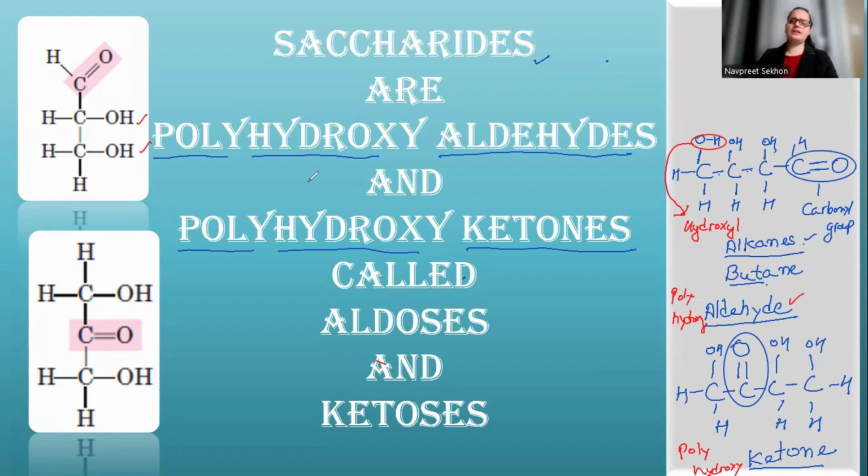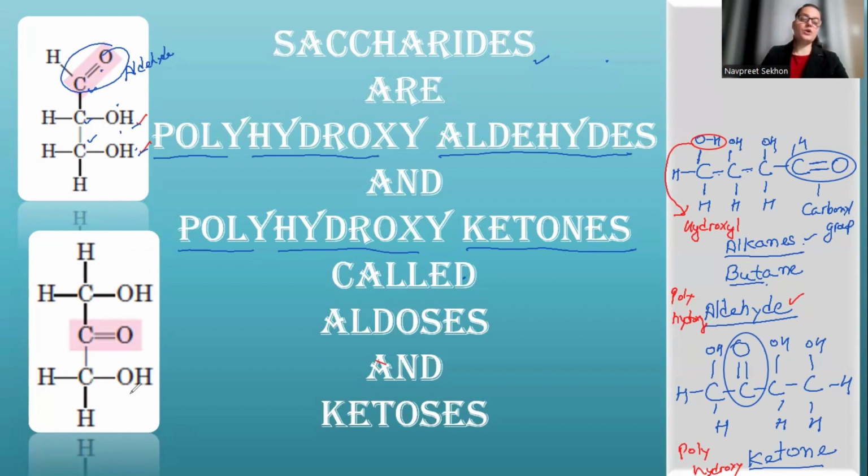So same thing over here. Here I have drawn the horizontal diagrams. The same thing is shown on the left hand side with the help of vertical diagrams. Both things are very similar. You can see this is the molecule with three carbons, right? We did it with four carbons. This is a molecule with three carbons, and this is the terminal carbon with the carbonyl group. So therefore it is aldehyde, right? But this aldehyde has so many hydroxyl groups also associated with the rest of the carbons, and therefore this is polyhydroxyaldehyde.